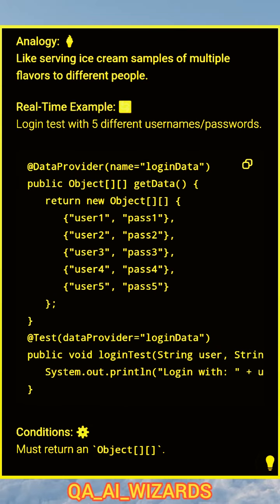the DataProvider annotation and the test method. So these are the two methods we are going to use. One is for sharing the data, one is for fetching the data. And here we can write a public Object two-dimensional array getData method, and we are going to return a new Object, passing the key-value pairs like user1 and pass1, and so on, up to user5 and pass5, and this data is going to be